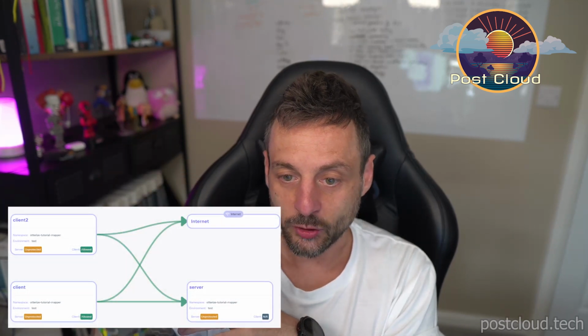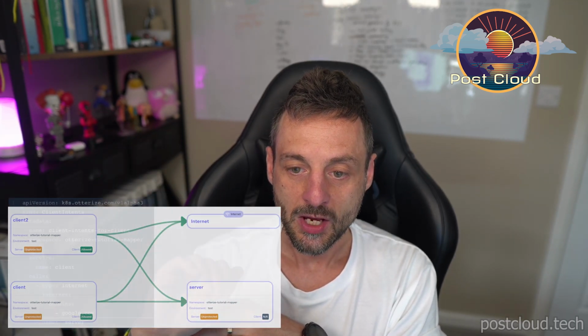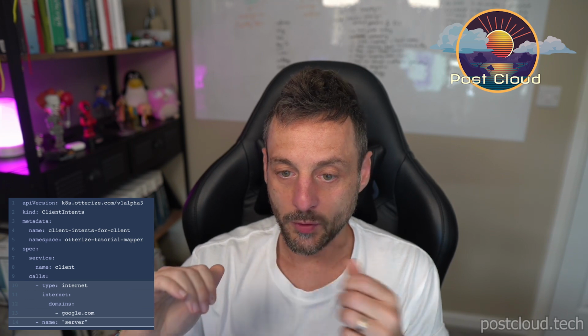It's not only about the external calls that you can detect. There's the network mapper, which is an open source project. If you type the network mapper command, and in a parameter you type your namespace, it's going to figure out and draw up the whole communication for you. So it's going to generate the whole client intents, whether it's network policies, or it also works with Istio as well. So if you have any Envoy proxy, we're going to monitor the Envoy proxy to go at layer 7. Here, of course, we are network policy, so it's layer 3 and 4. If you want to go layer 7, you're probably going to use Istio. Then we're going to monitor the Envoy proxy.